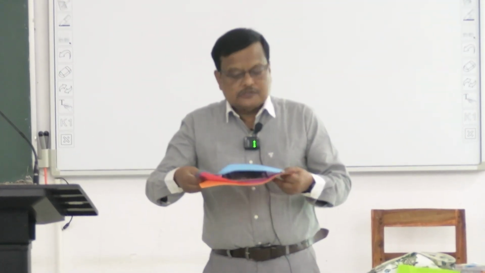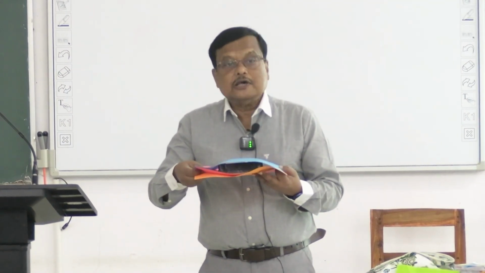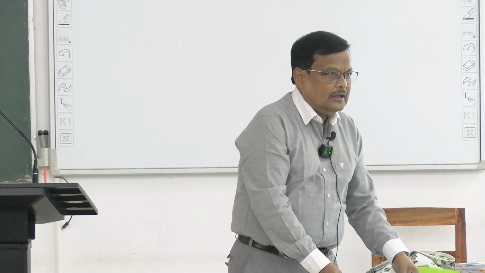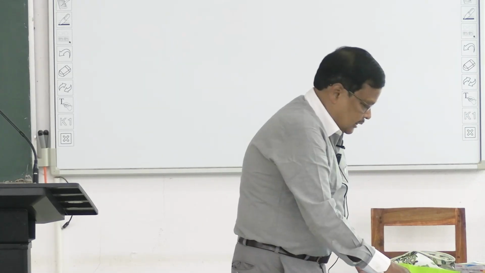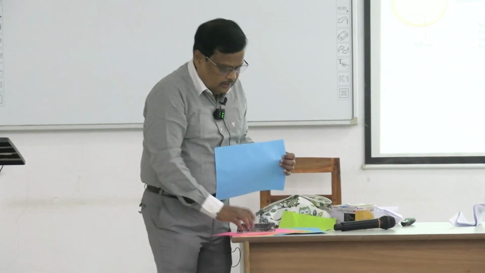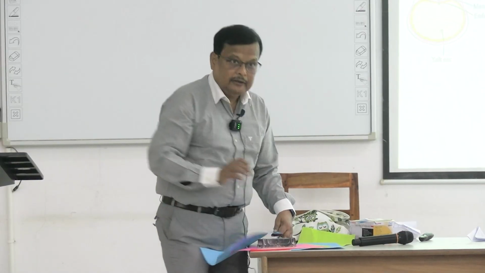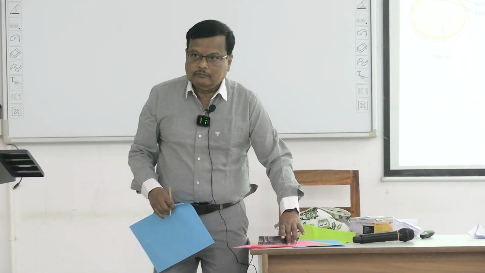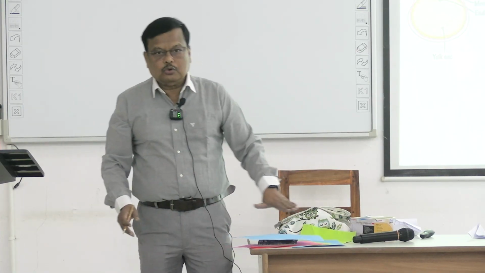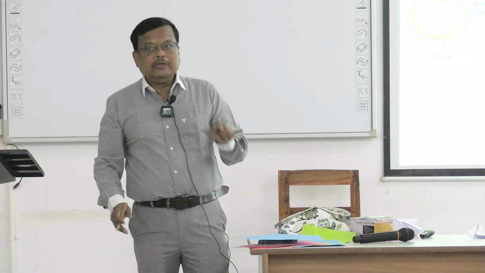The notochord. This is the ventral side, and this green side is the dorsal side. My left hand is the cephalic side, my right hand is the caudal side. So on the caudal side there is a cloacal membrane here. I am not writing it, okay, cloacal membrane here, and this is the notochord. Now in the midline there is no mesoderm, right? Just dorsal to the notochord, a part of the ectoderm,